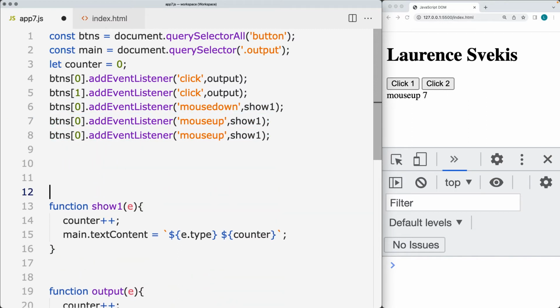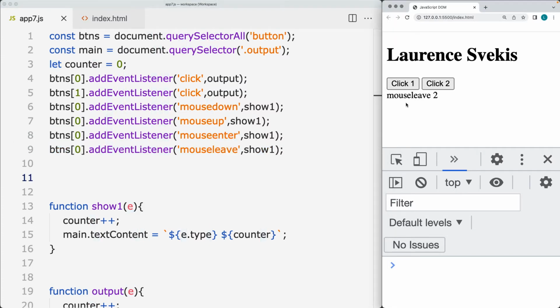So these are some commonly used ones where we've got the mouse enter. So whenever we enter on top of the element, that fires off the mouse enter. There's also the mouse leave. So this will get invoked whenever you leave from being on top of the element. There's also a mouse over and a mouse out. So these are very similar, and these events occur when the mouse is moved onto the element or within the